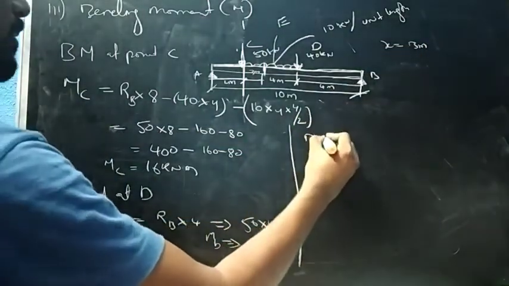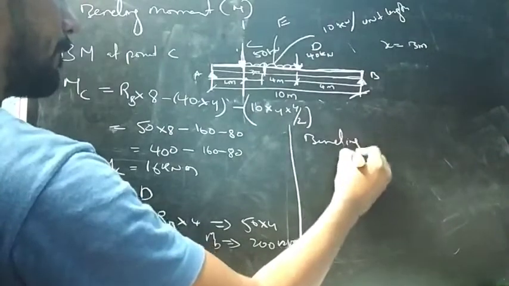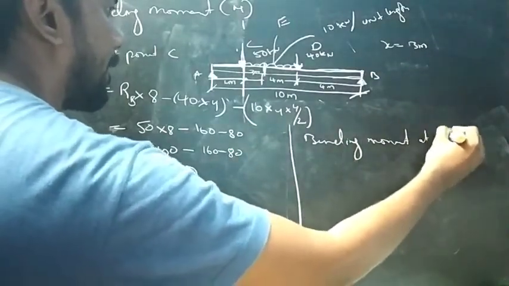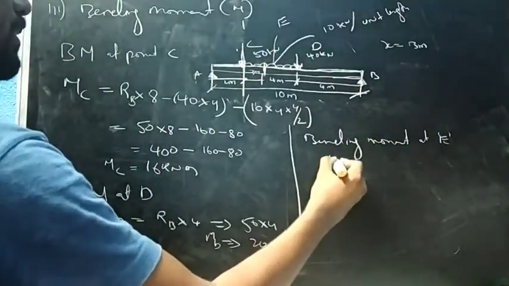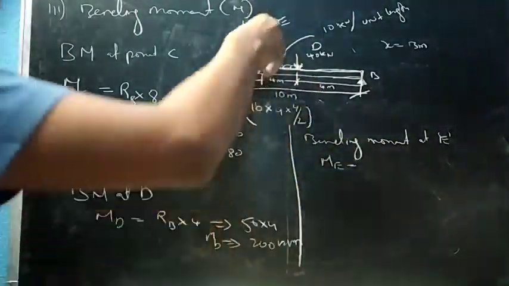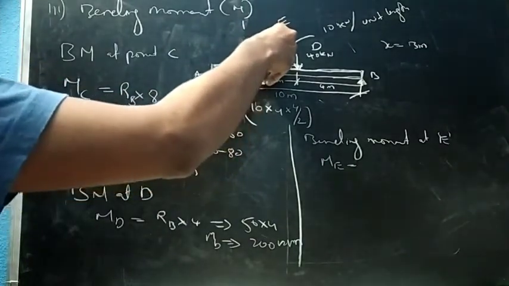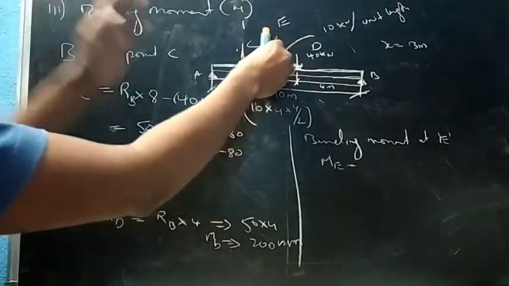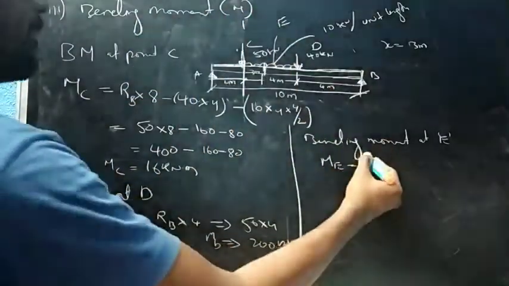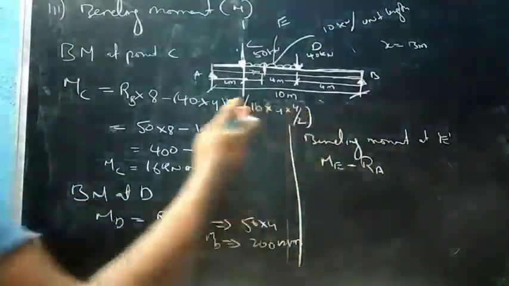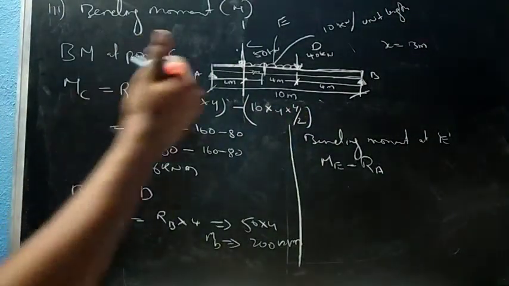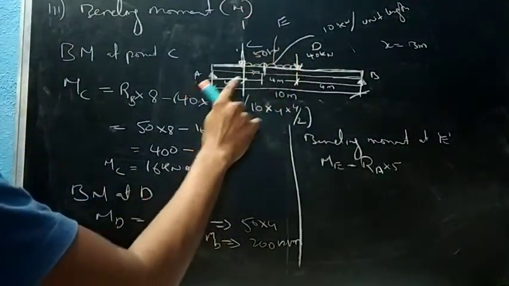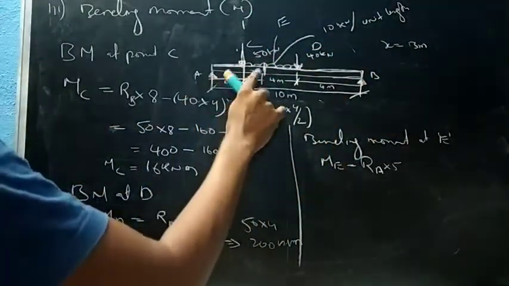Now the bending moment at E. So ME equals, we can take from here, that is RA into 5. So here, 2 plus x value 3, 2 plus 3 is 5,